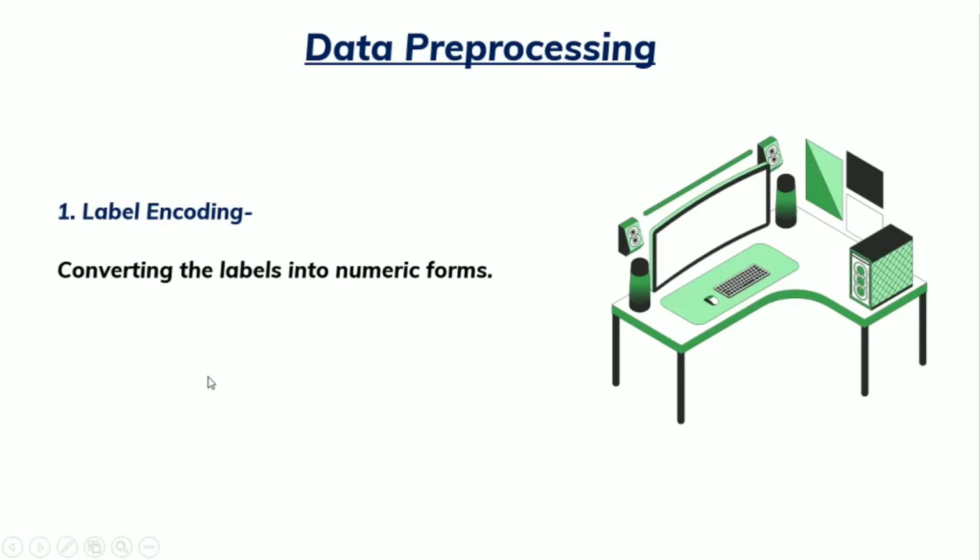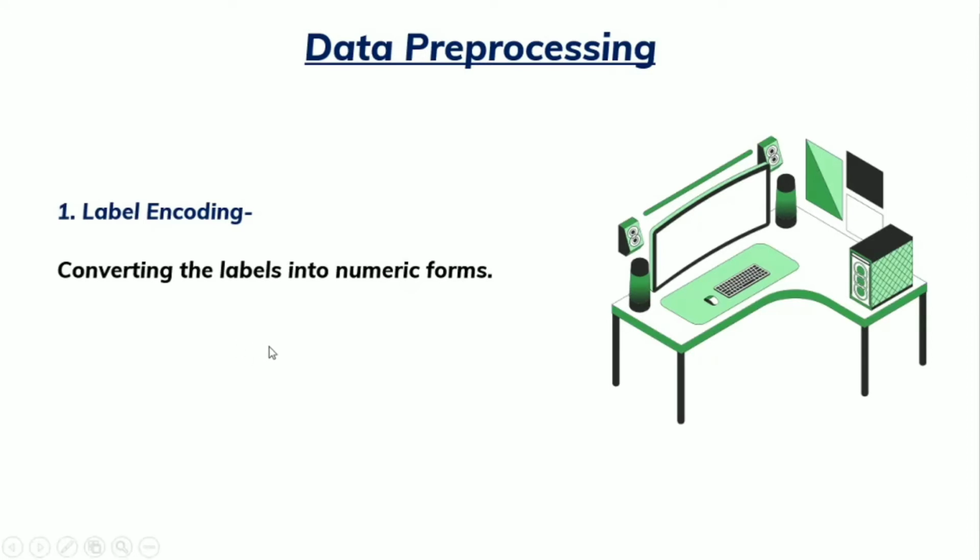Let's consider that we have to predict whether a person is diabetic or non-diabetic. We can change this label into numeric forms. If the person is diabetic, then we can represent it as 0, and if the person is non-diabetic, then we can represent it as 1. Basically it is a classification problem. Label encoding is very helpful because computers understand numeric forms better than labels. So let me explain label encoding with coding.